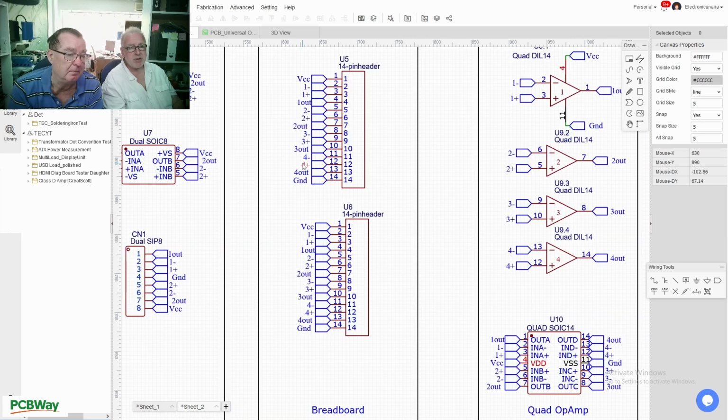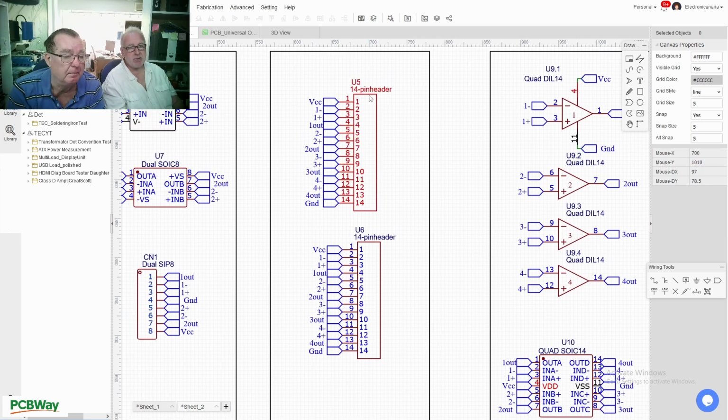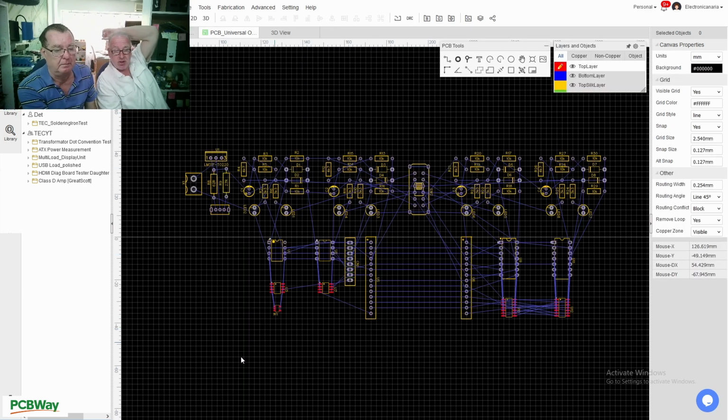Yeah, these will be the pinouts for the pin headers. These are the 14-pin headers. We did something here where we think this is a more logical way. So VCC and ground is on the opposite side, and then this 1, 2, 3, and 4. So if you have something very exotic that doesn't fit into the normal layout, this is a way to connect it. Just stick a breadboard on the PCB and use DuPont wires. We also decided to put one of these headers on either side of the breadboard, just to make it easier for you guys to wire something together. The next logical thing would be